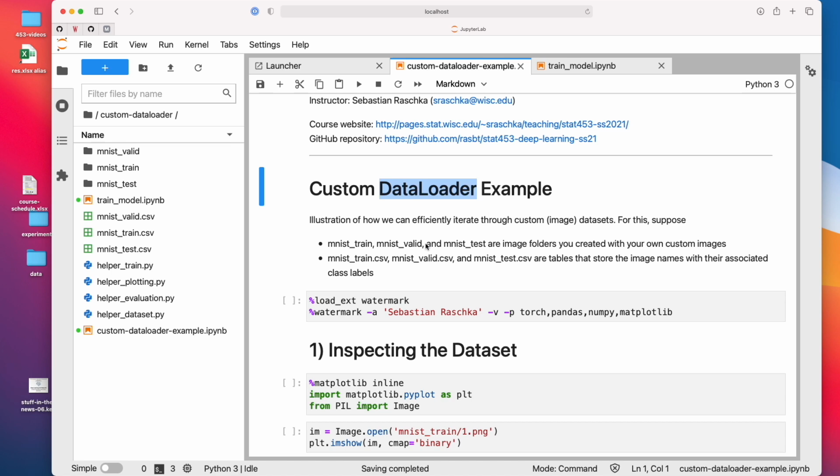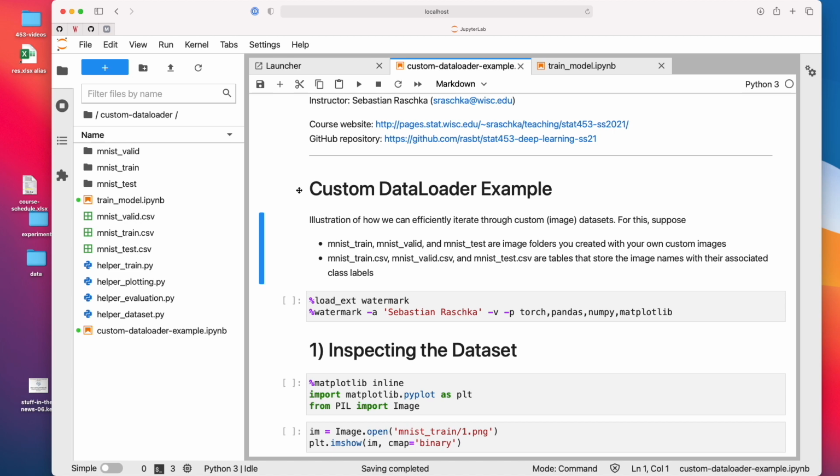What I should say is I'm actually using MNIST here, and you may wonder why, because there's already a MNIST dataset and data loader implemented in Torch Vision, which we could technically import, which is what we have done in the last couple of videos. The reason is MNIST is relatively small, and in this way I can upload it to GitHub without taking too much space in that repository, and it's also faster for you to download. And it was just convenient because you are already familiar with it.